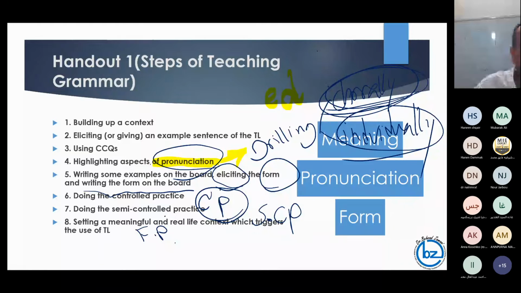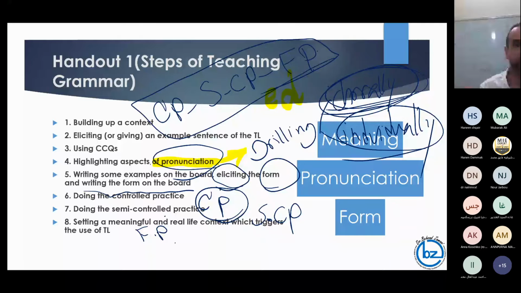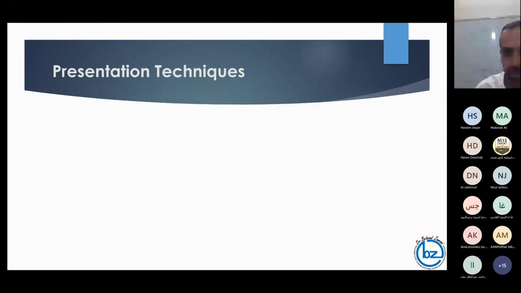So from CP, SCP, we go to FP or freer practice, and it's a must in a grammar lesson as well as a vocabulary lesson. These are the steps that you want to go through. Normally, most English books have CP and sometimes SCP, but there is a lack of FP, or real life situation practice, so as the teacher it is your responsibility to provide your students with some more freer practice. And inshallah, next session I would give you some more